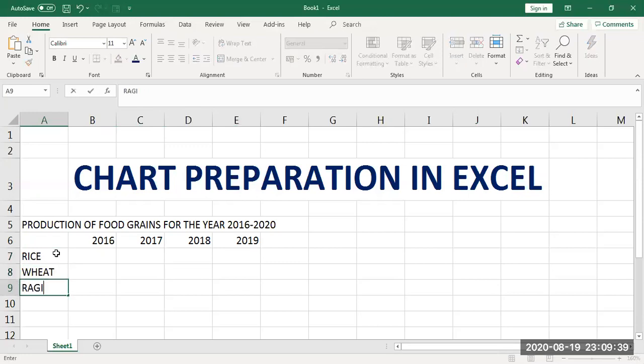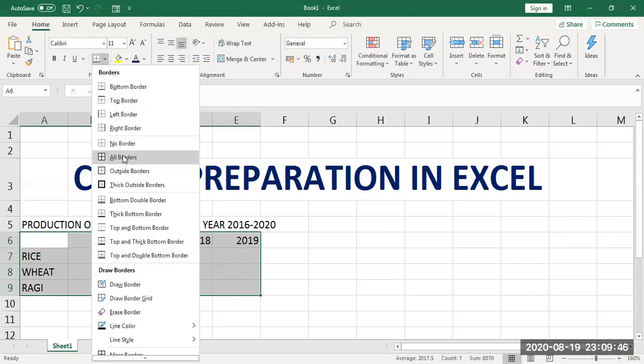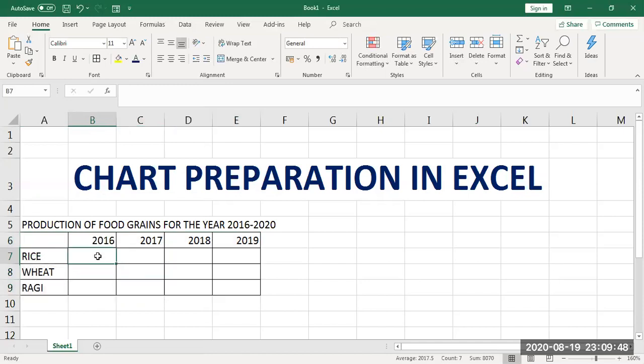then ragi, like that food items. So this is going to be our table structure, and you can give the values in percentage, like what percentage the production was throughout the year. I'm giving 67 percentage and 89 percentage, and this is 75 percentage.